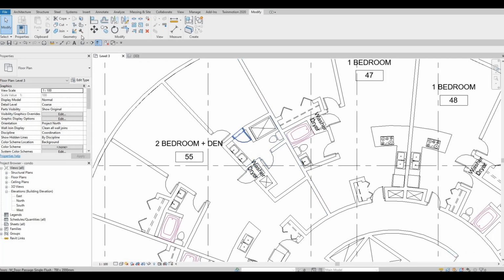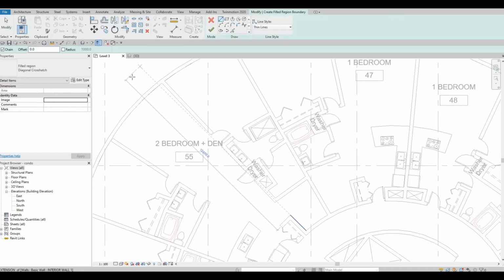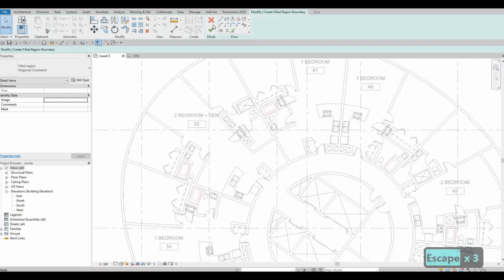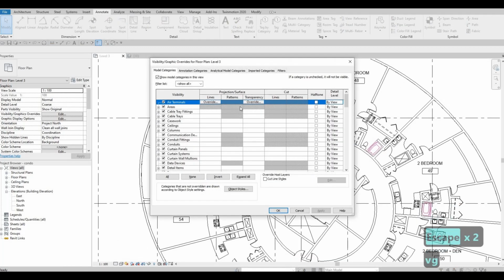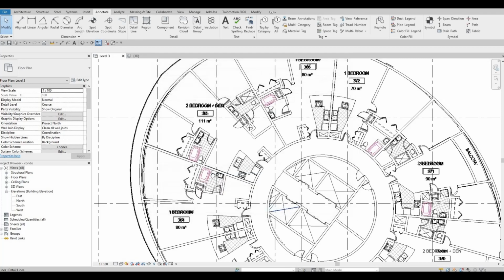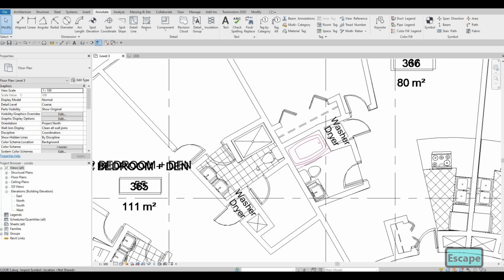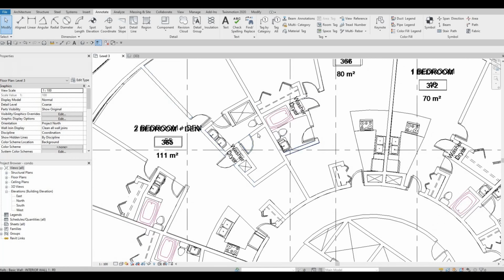And then if you want to add the hatching, what you can do is go to annotate. This is region, and then you could add different ones. So let me show it to you. What we could do is type in VG, go to imported categories. We need this so that we could have the same outline. So here, what you can do to represent something like a tiling, usually from the kitchen and then the bathroom,